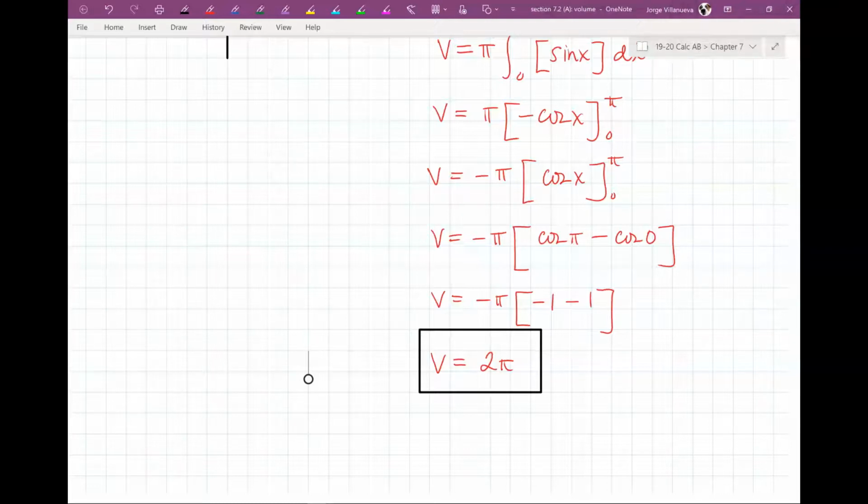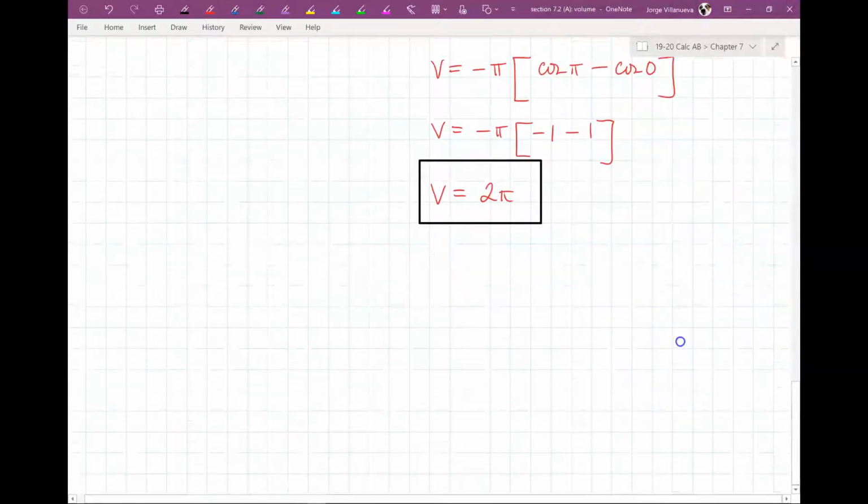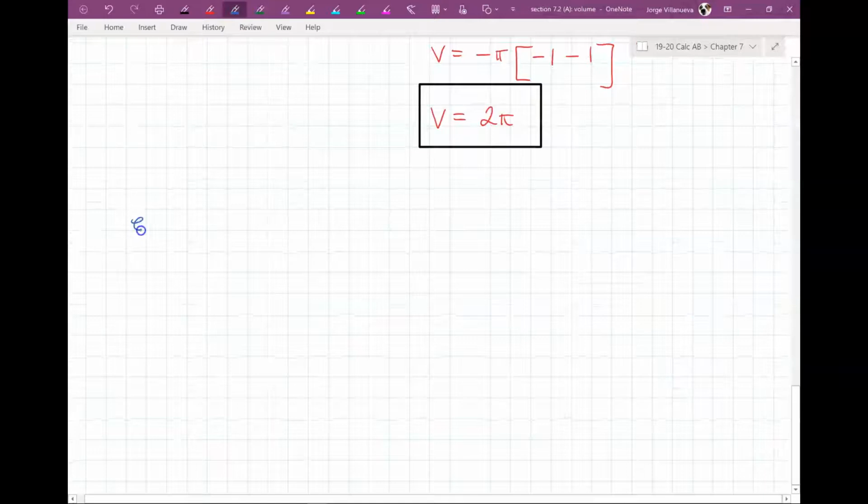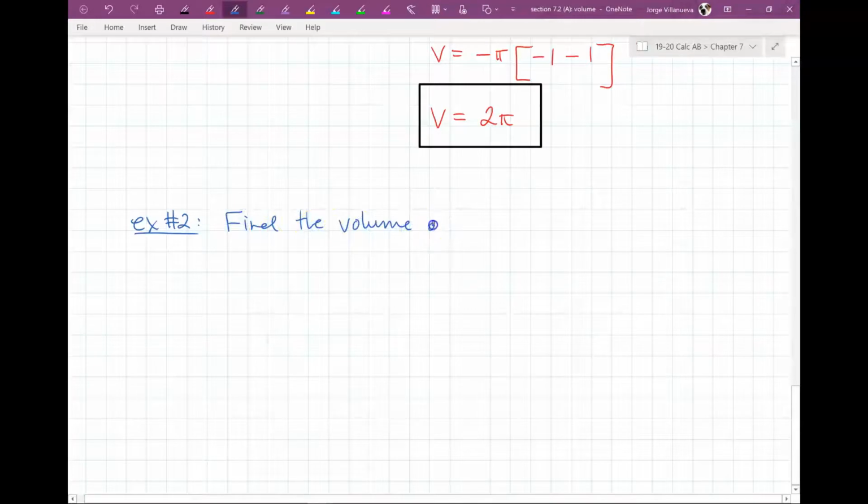Are we okay? All right, so let's see. Example number 2. Find the volume of the solid formed by revolving the region bounded by